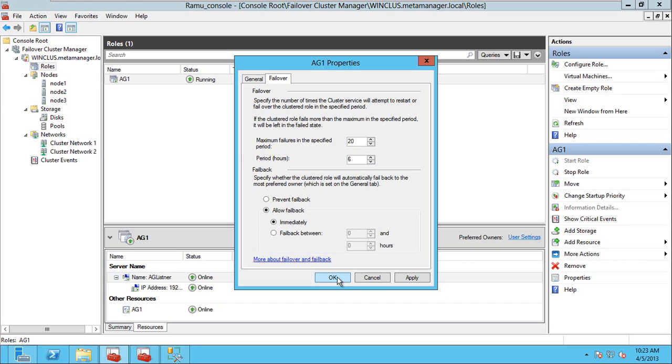And if again there is some network glitch or some server goes down after 20 times, then the cluster will not fail over. That means you really have unstable servers, unstable infrastructure. So you need to appropriately identify the right number for your environment. But for demo purposes, I will be failing over multiple times, 5 to 10 times. I am giving a 20 times failover limit for my demo purposes. Okay,